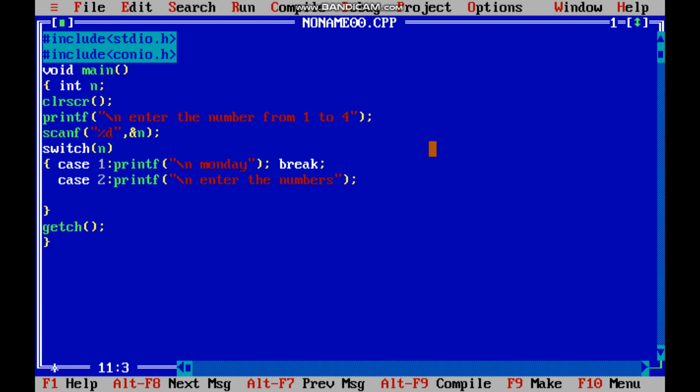Here I'm scanning those numbers, scanf("%d %d", &a, &b). We also have to declare them: a, b, c. C is for storing the result.